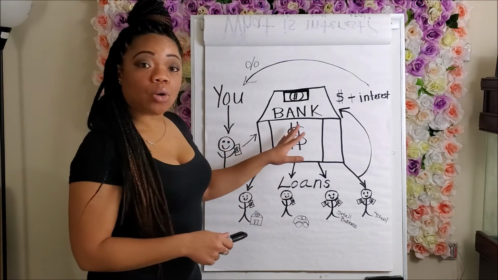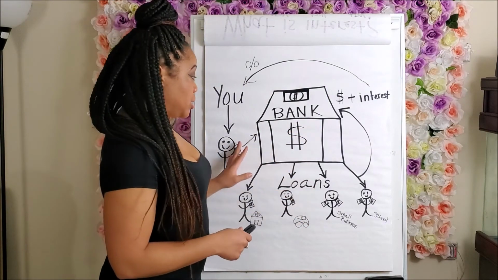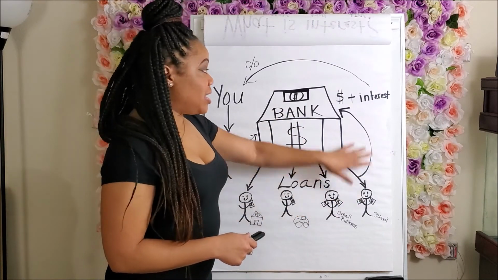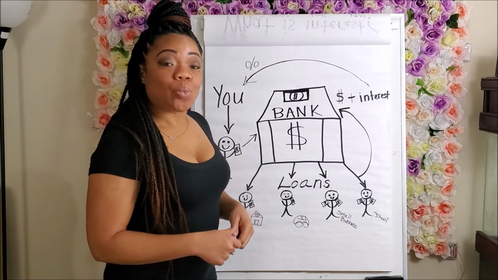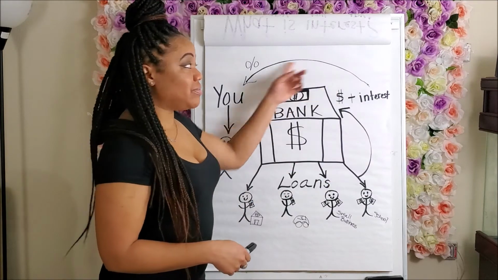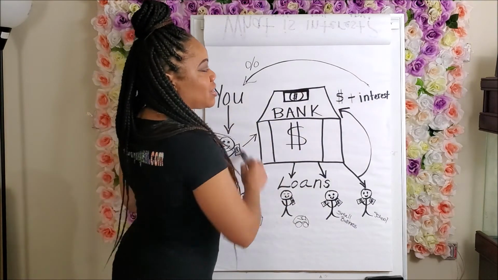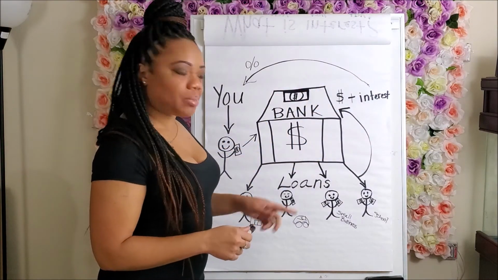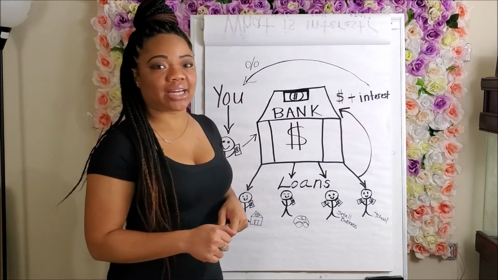We want to make sure that we're not working for the bank, because us putting our money in the bank is us working for the bank, because we give them the money to give to these people, and then they get our money plus interest back. And if you're not getting anything back in return, you're working for the bank, and we don't want to do that. We want to play their game. We want a piece of their pie, which is in turn really our pie. So we want to make this come full circle. We want to make sure that what we put in, we're getting something back on top of that, because they're getting money from our money, and then we don't get anything in return. That's not how that's going to work.